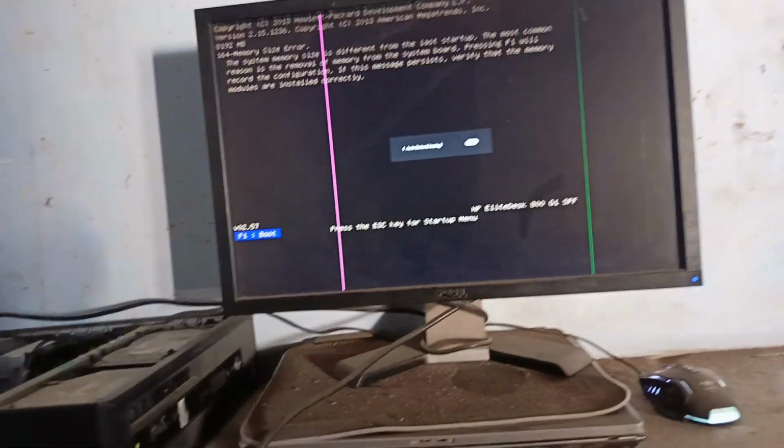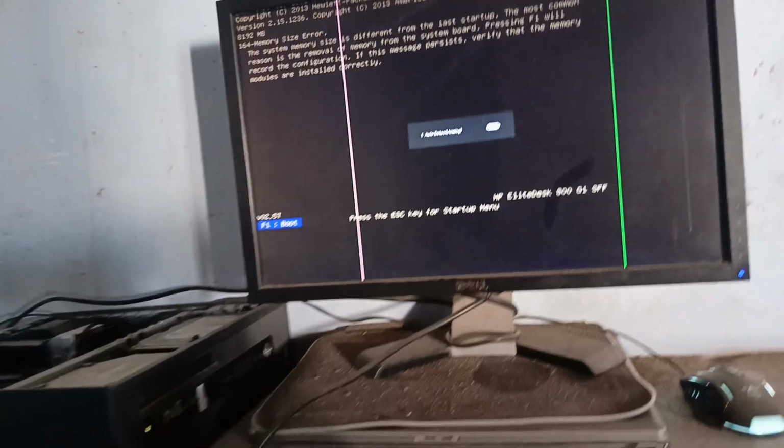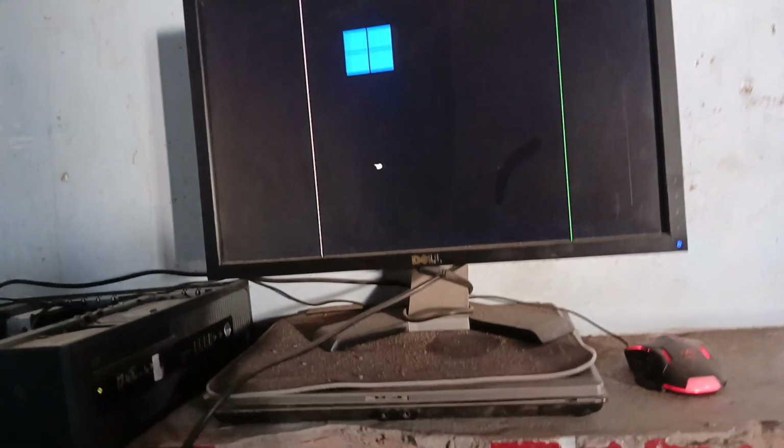Sorry, it's not turning on because I think it can be another problem. So you can see it will take time because the third RAM is installed. Anyways, it is again showing this message, so easily press F1 and it will again start the system,